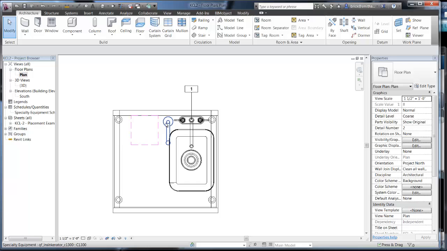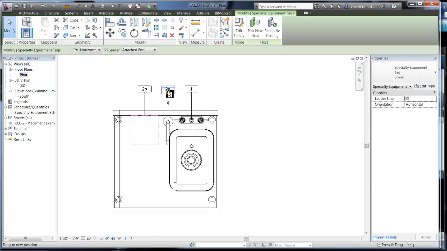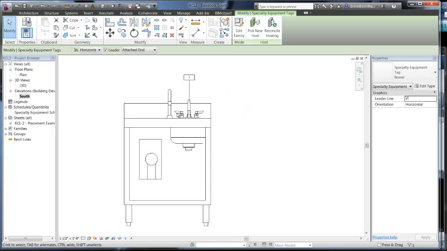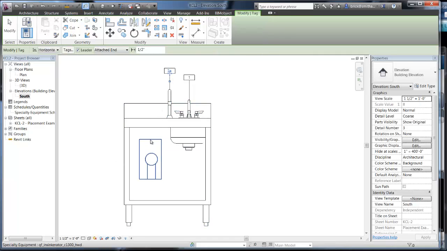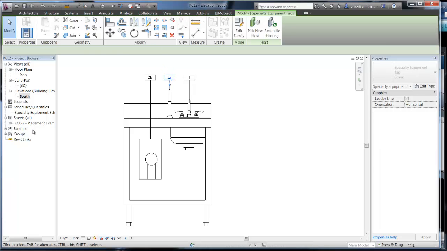And then in this example, I'm going to actually tag these. Okay, so then if we look at that in elevation, you'll see you've got the faucet and you've got the heater. We'll just line these up here while we're at it. Okay, and then in 3D,